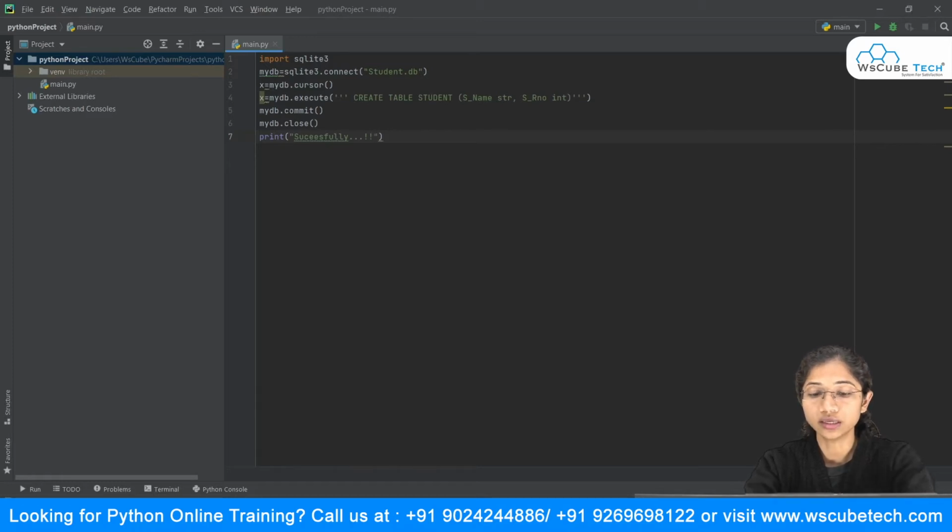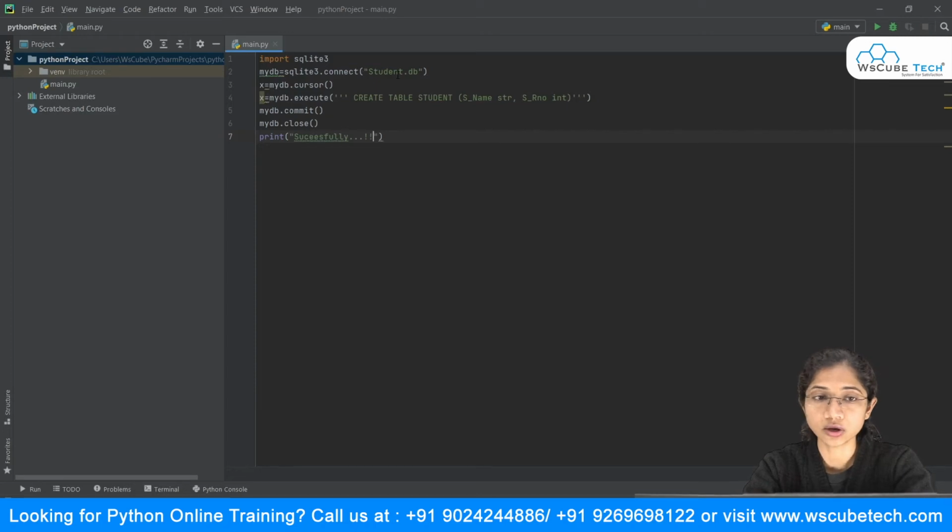Now you can see I'm not having anything, the database over here, but as soon as I click run, you will see that a particular file will come over here. As I said, the connect method is used to create a database, sorry. And if a database by this name already exists, it will connect to the same thing.